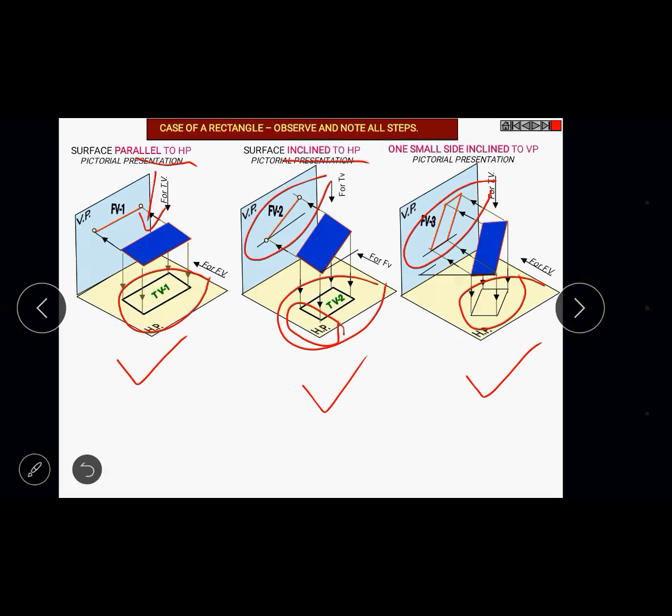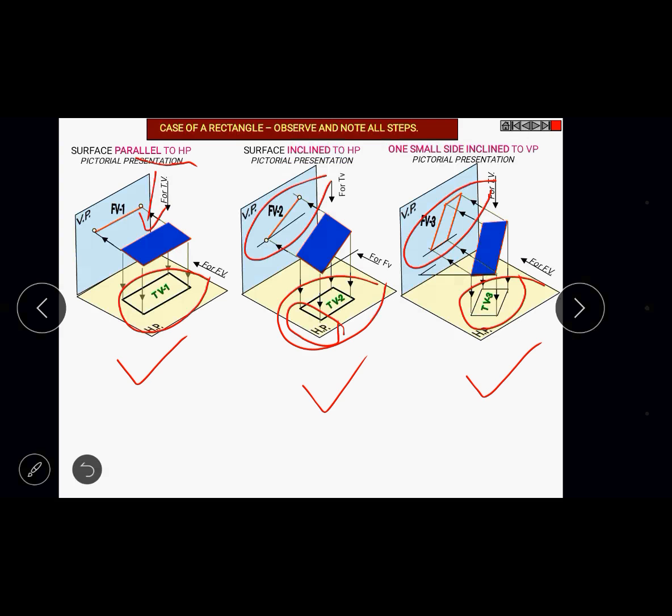Category 1 and category 2 are similar in observation, just with a change of views. The views, front view and top view, will be the same, but the regular shaped lamina and horizontal line, and the irregular shaped lamina and inclined line, will get interchanged. Now let us see practically in the sketchbook. This is a three-dimensional figure.